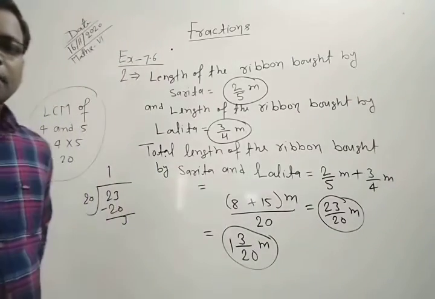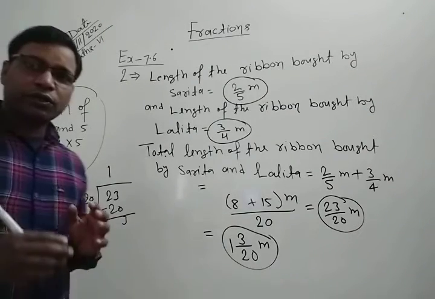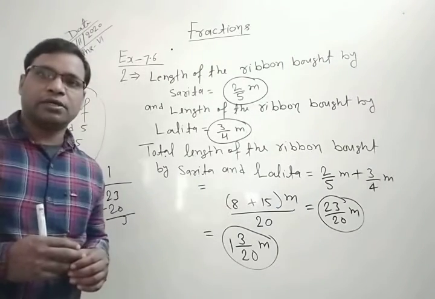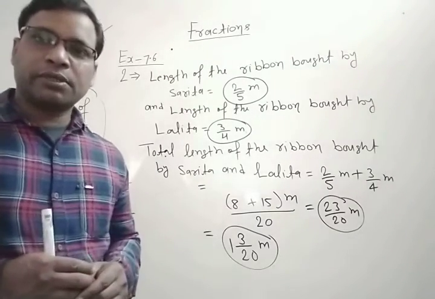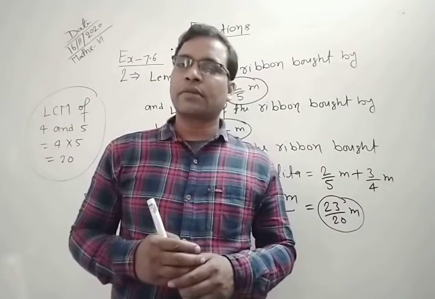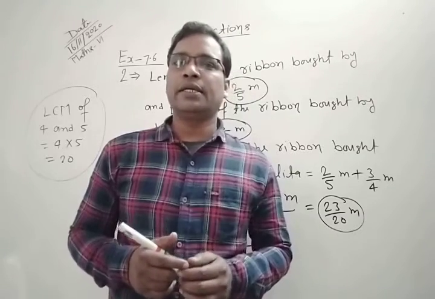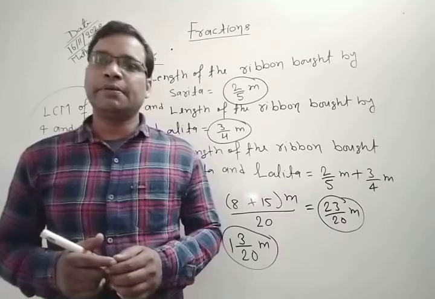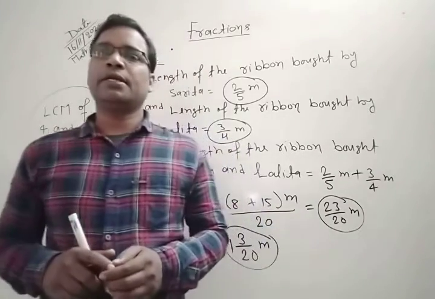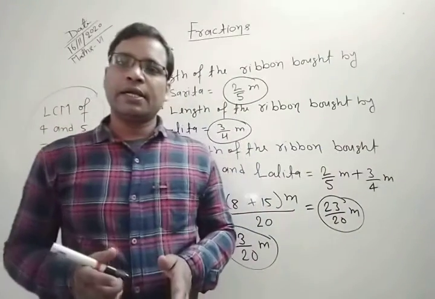So students, I hope all of you understood these questions. Now we are going to discuss the next question. Question number 3. So what is question number 3? Let's see. Naina was given 1 whole 1 by 2 piece of cake, and Najma was given 1 whole 1 by 3 piece of cake. Find the total amount of cake given to both of them.